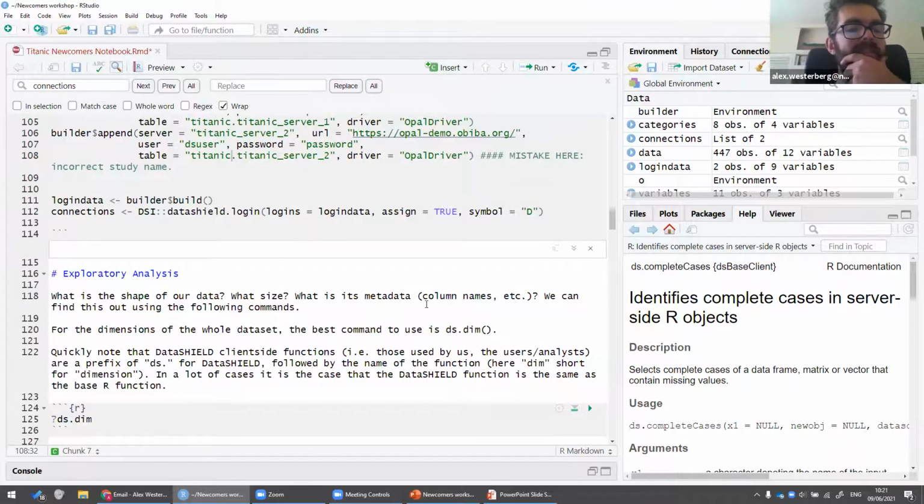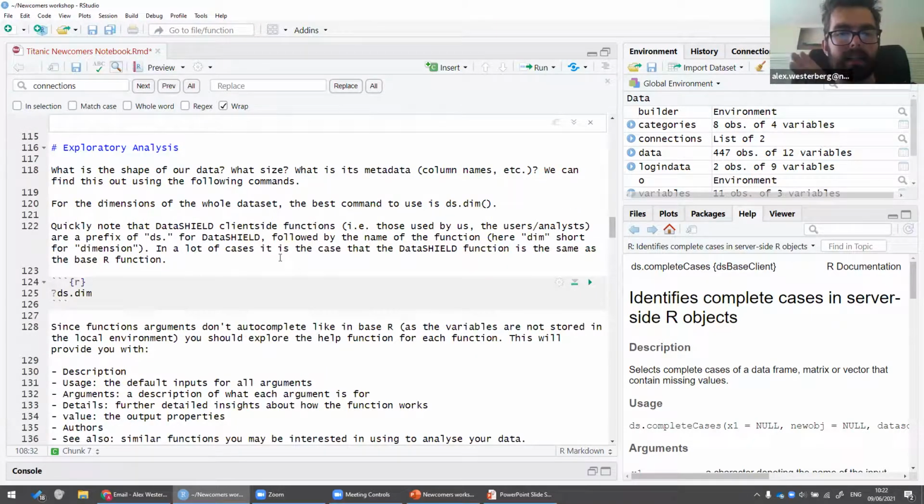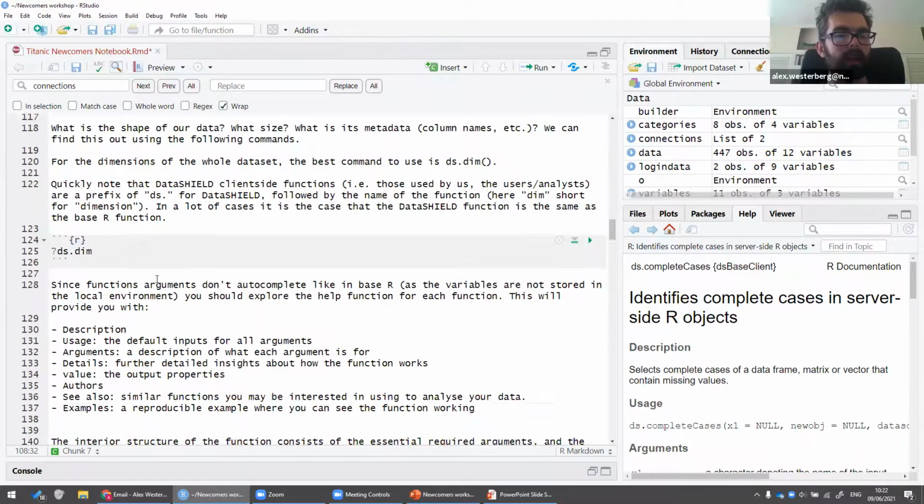So good. Let's continue. Now that the connection that I showed in the animated slide is made, we want to actually explore the data. What are some standard questions you might want to ask? What size is it? What's the metadata? What do we actually know about it to start studying it? Well, say we want to know what size it is. We want to know how many rows and how many columns. There is the